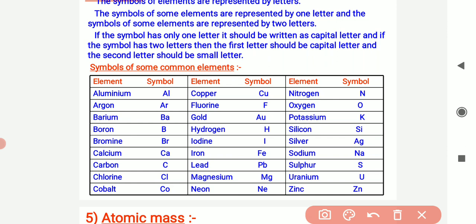Next one is cobalt. Its symbol is Co. Next element is copper. Its symbol is Cu. Now you will say that ma'am, there is no U in this spelling. Why did Cu come? Because many words that we see today are taken from Greek, Latin, and other languages, so its scientific name can be different. Now you have to comment in the comment section what the scientific name of copper is.